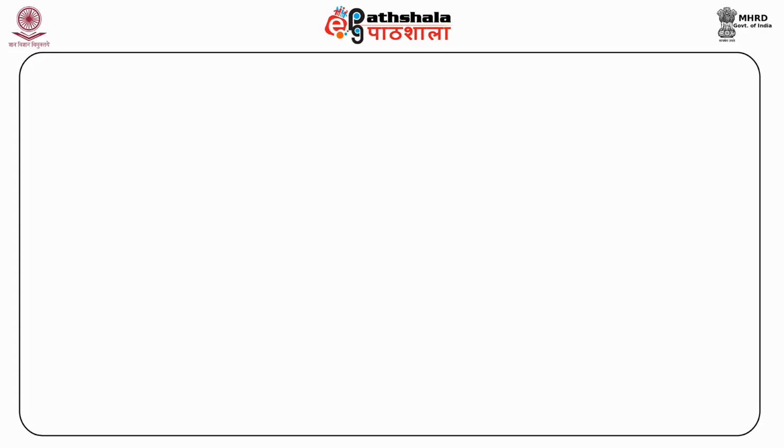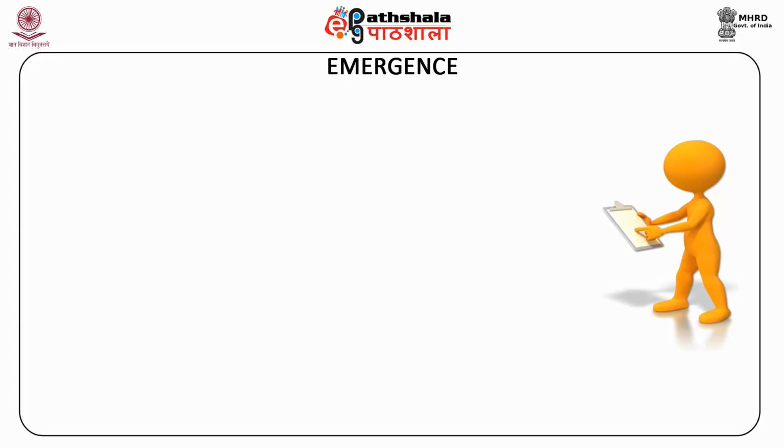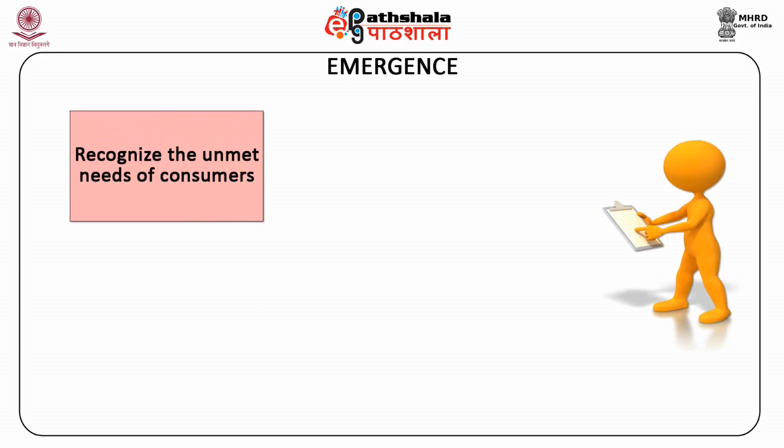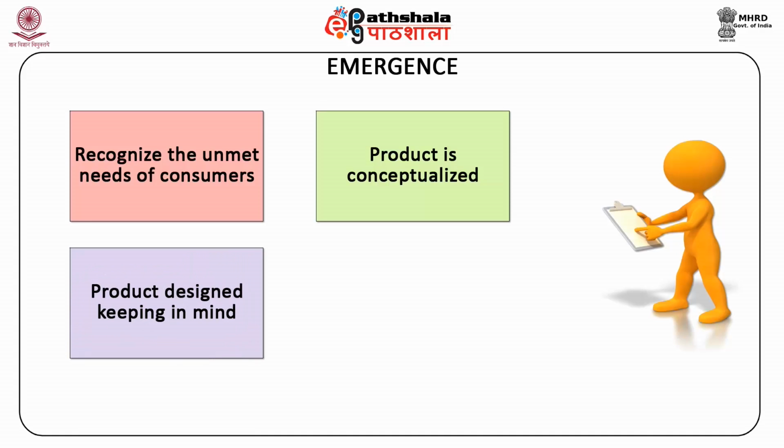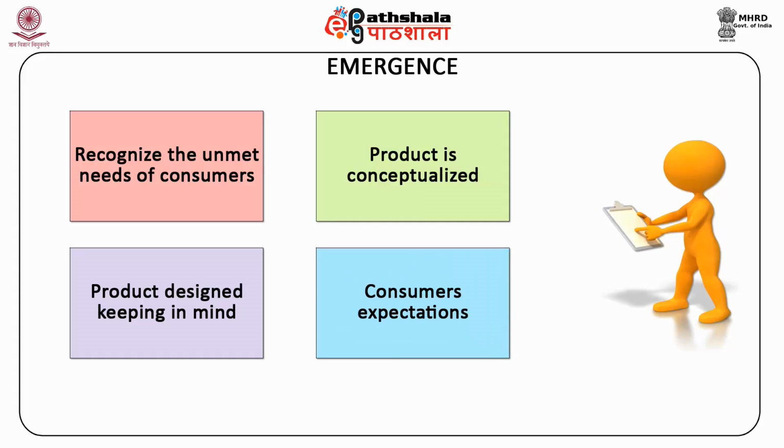The first stage in the market maturity levels is the emergence of a product. But before a product comes into existence, it is important for a marketer to first recognize the unmet needs of the consumers in the market. The product is later conceptualized keeping the needs and wants of consumers into account. The various attributes of the product, its style, design, color, features, functions, are all designed keeping in mind the consumer's